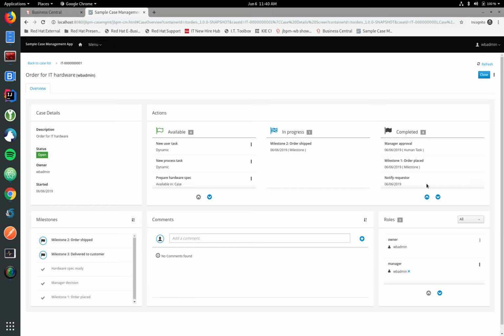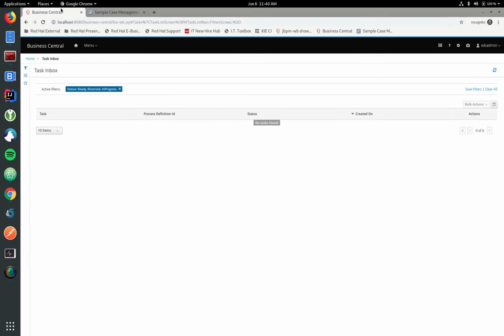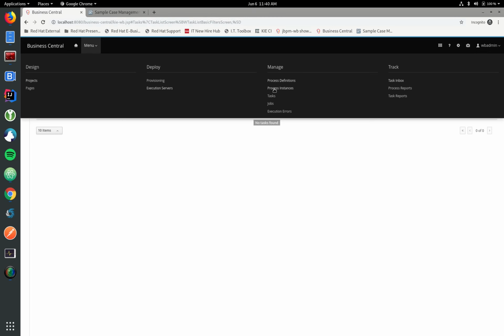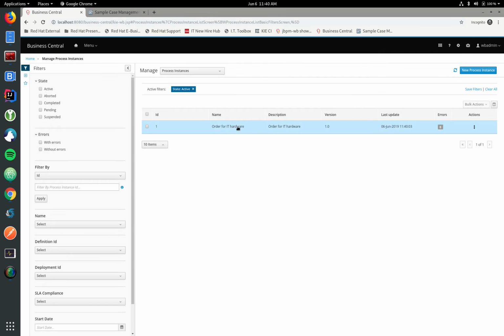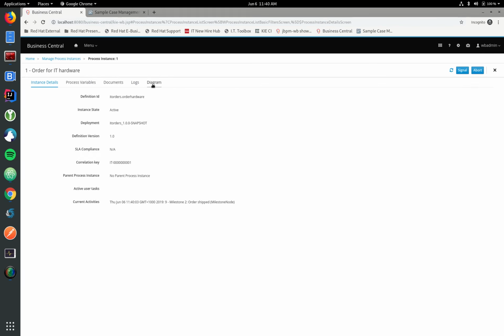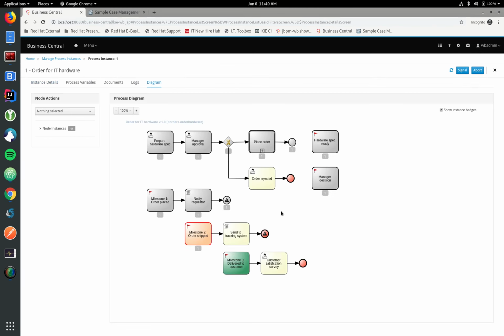Right, so there is a couple of things that happen here. We can go back to the process instance. So the sub-process has finished, so we only have the case that's running. And then we can see that this milestone 1 was reached. There's a script task here, and then the case is now waiting for the order to be shipped and to be delivered for the